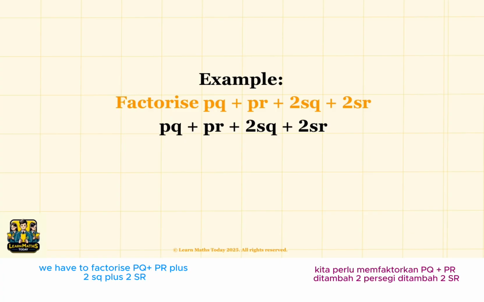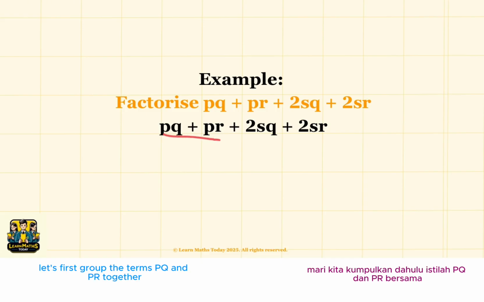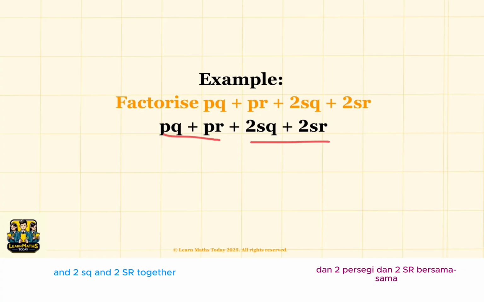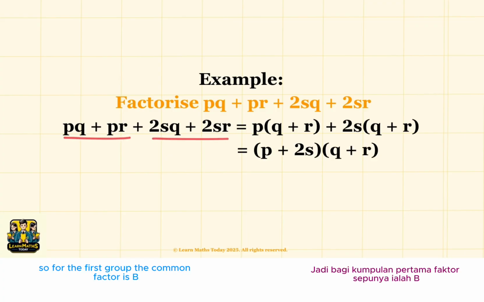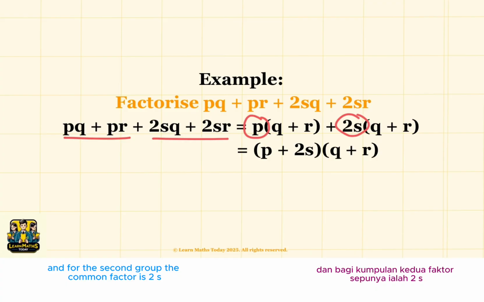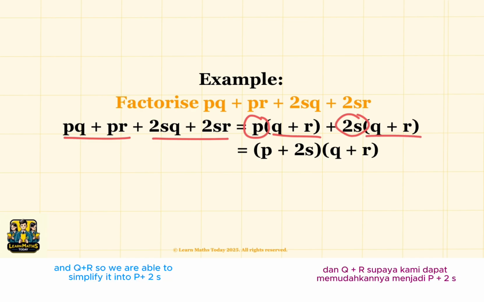We have to factorize pq plus pr plus 2sq plus 2sr. Let's first group the terms pq and pr together and 2sq and 2sr together. When we do so, we are able to see the common factor in each of these individual groups. So for the first group, the common factor is p, and for the second group, the common factor is 2s. Then the common factor between these two groups is q plus r and q plus r. So we are able to simplify it into p plus 2s multiplied by q plus r to get the final